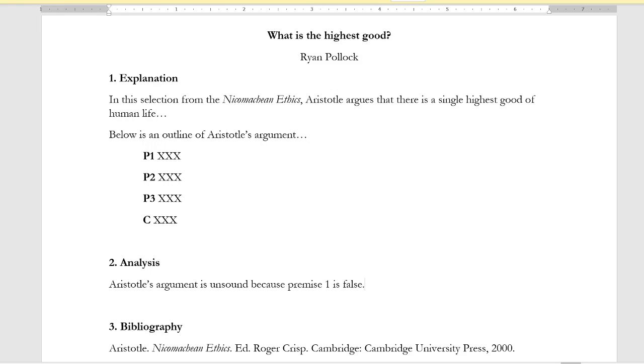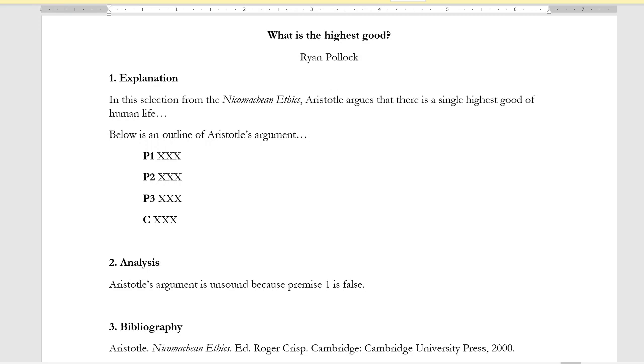What you've done is you've signaled to the reader, I'm going to criticize this specific claim of Aristotle's, and of course if all the premises are necessary in the argument, then knocking down one of them knocks down the whole argument. So I'm going to criticize this specific premise of Aristotle, and I'm going to do so in a clear and detailed fashion that demonstrates a lot of critical thinking. So if you have a sentence of that sort in your paper, it doesn't mean that in and of itself that will get you